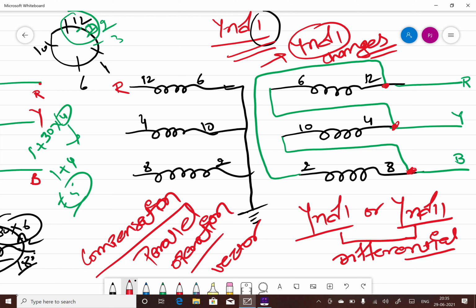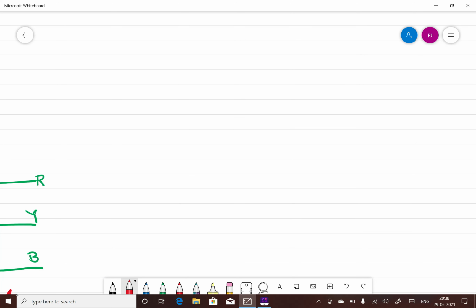So this is your RYB. Now we will discuss a very simple case. In that case, we already have everything in the same way, but suppose the outer connection has reversed somehow. So now consider a case in which you have a correct connection of transformer star delta windings, and everything is correct up to the bushing points, but when these are brought outside and connected into the relay, somehow your connections have reversed, or your phase sequence has changed.